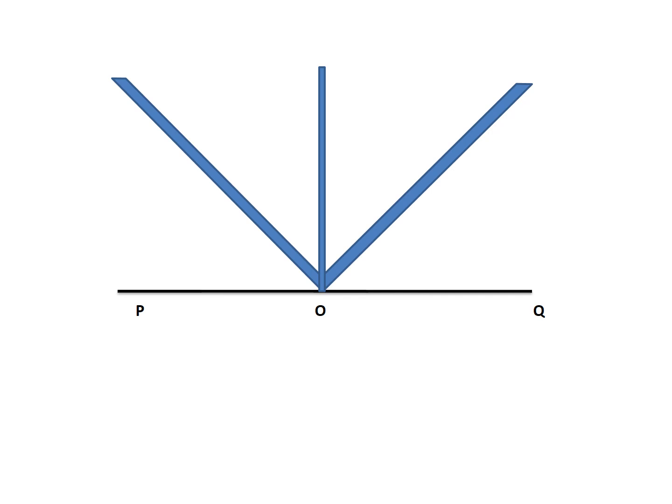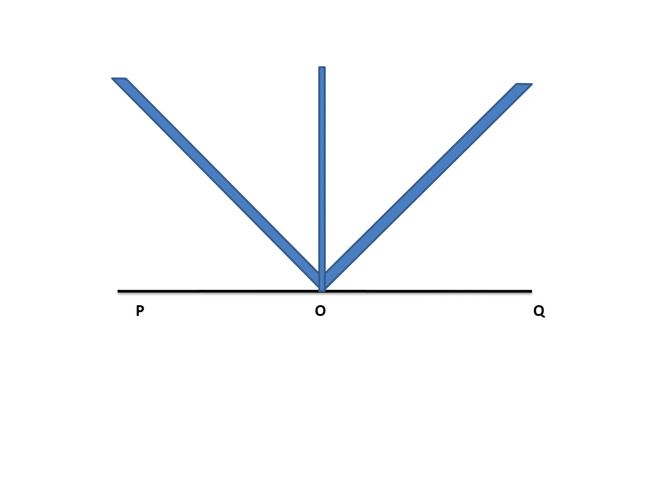Here I have drawn PQ. The PQ that you see on the screen indicates that it is a mirror, and O is the point of incidence. Now I am going to give you certain angles which you need to remember. The angle that is made by the normal with the mirror is 90 degree. This can be on the right hand side, this can be on the left hand side. Always remember, the angle from the normal to the mirror is 90 degree. You need to remember this so that it becomes easy to solve the numericals that we are going to discuss today.